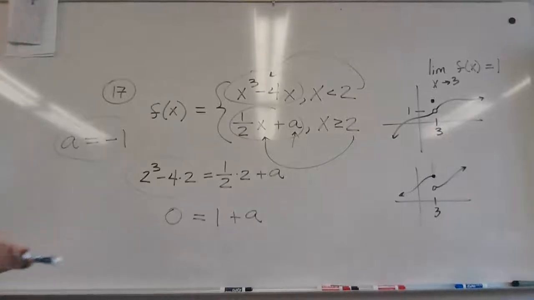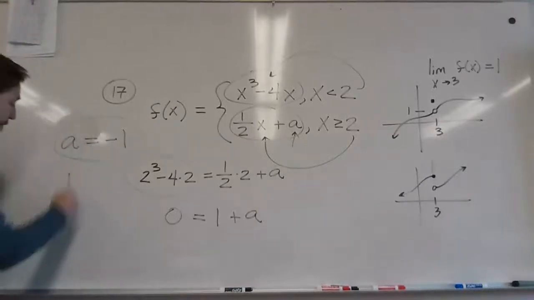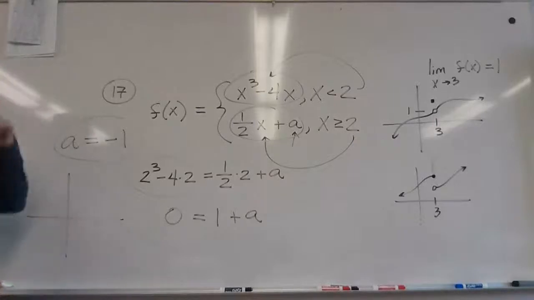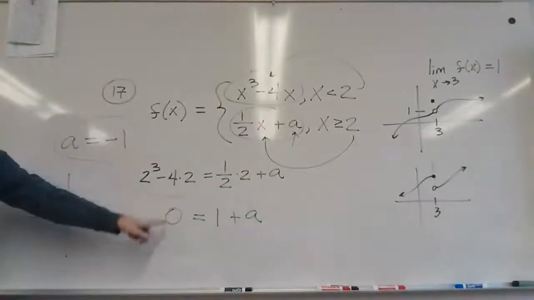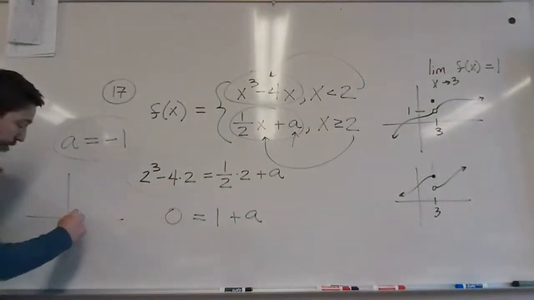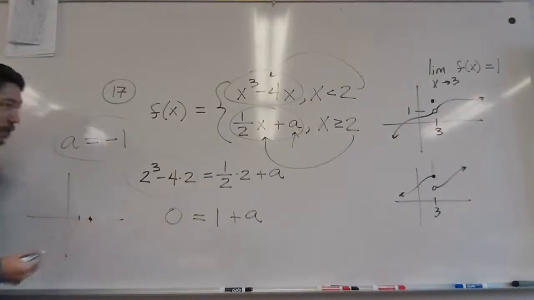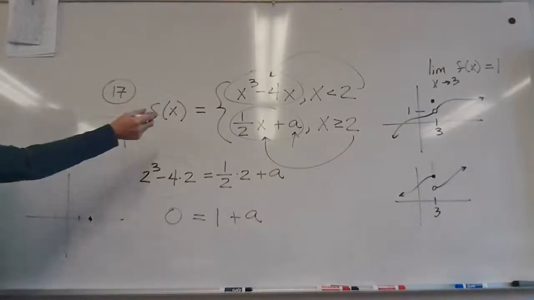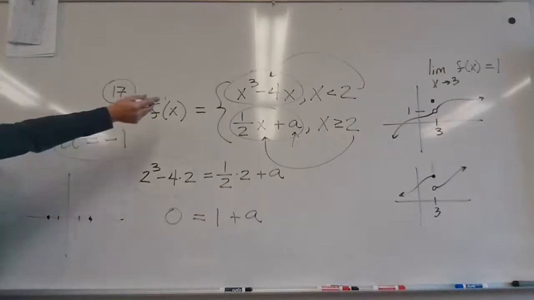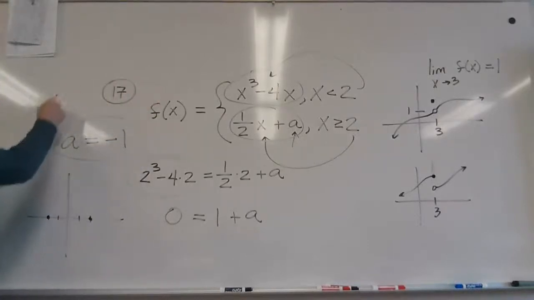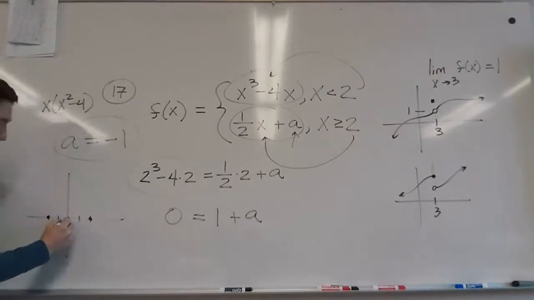Oh, and then draw a rough sketch of the graph. So, the graph, oh boy. Don't worry, it's not that scary. This guy, well, we already figured out that it's equal to 0 when x is 2, right? So here's 1, 2. It's a cubic, right? So it's going to be like that on the other side too. And it's an odd function. By the way, the nice way to do that is that if you factor out the x, you can see there's 3 x-intercepts: 0, 2, and -2. And so if you graph that,